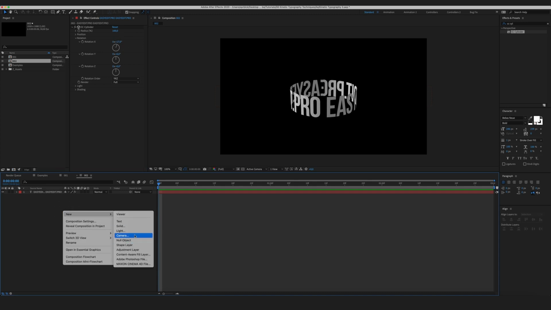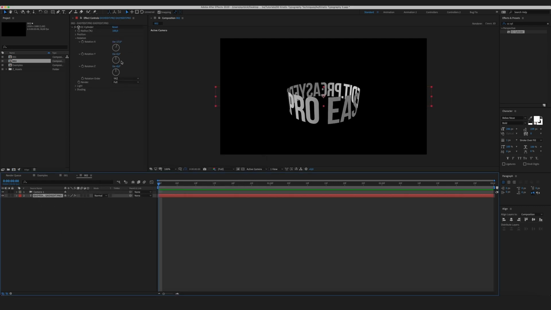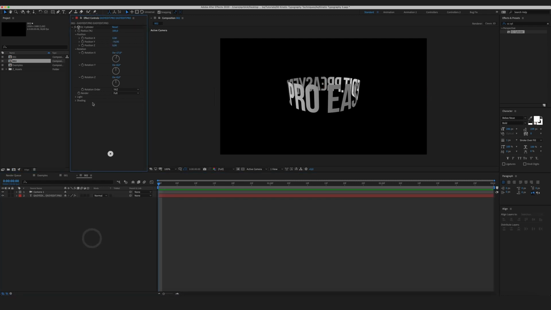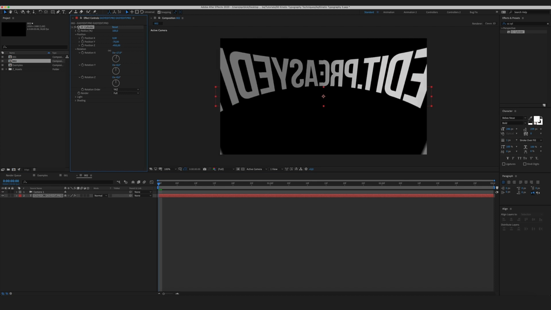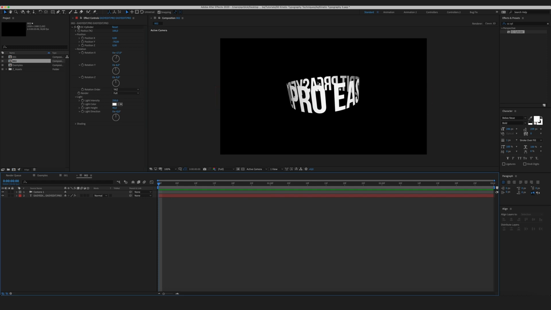Now I want to bring up a camera, also with the wide angle, and now I'm going to make some adjustments. First of all, position C 100. First of all, what I want to do, I want to change my light settings. So light height 45, light intensity 250, and light direction 0. Nice, but